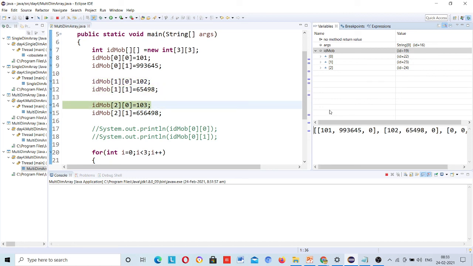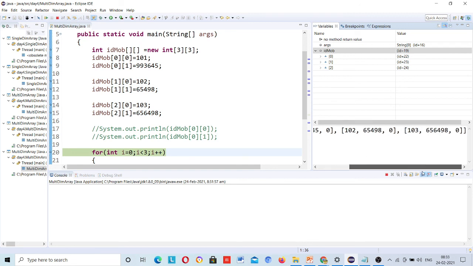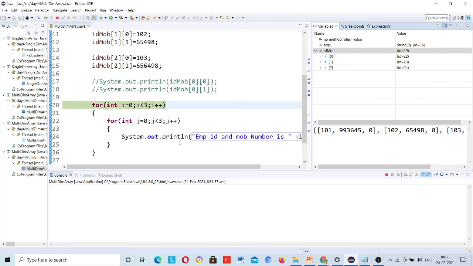Values are going to be declared one by one. You can see values are filling as I am assigning them. Okay, and then you can see, now here just leave it out, 0.